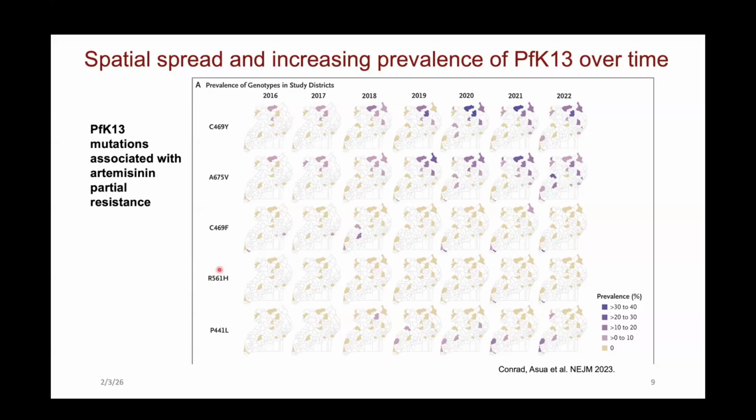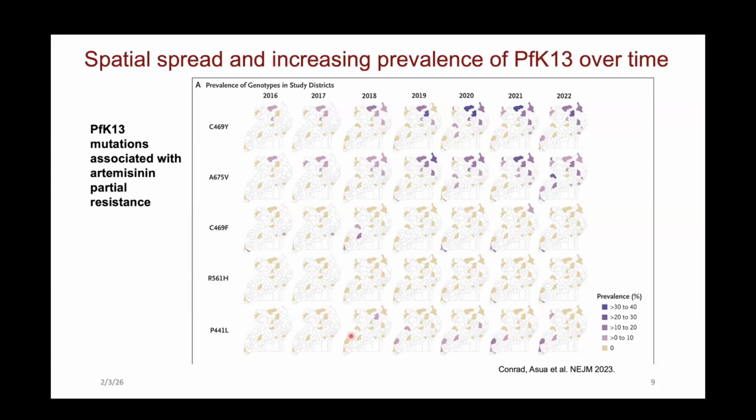Another one, 561, was originally reported by a study conducted in Rwanda. From 2021 and 2022, we also see it down here in the southwestern part of the country, which is right at the border with Rwanda, which potentially shows that this was a spread from Rwanda to the southwestern regions of Uganda. The last one I show here is 441L, not yet fully studied,